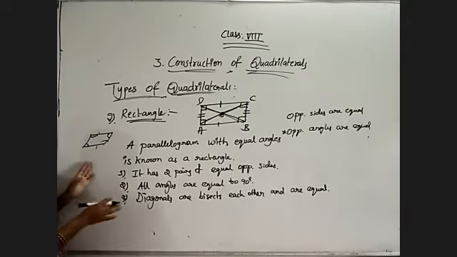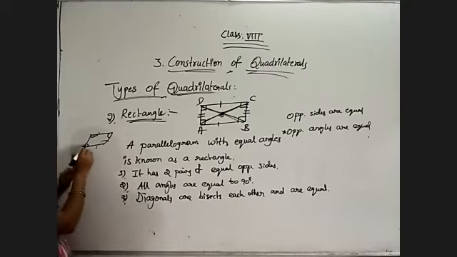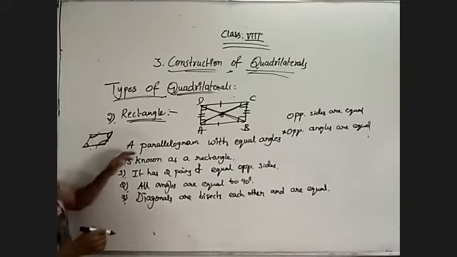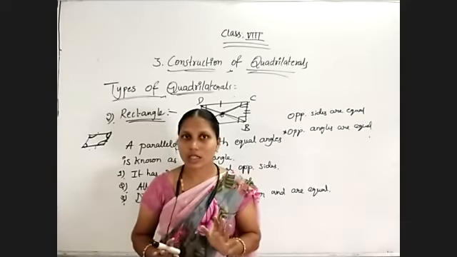A rectangle is a parallelogram. But coming to the parallelogram, see, for a rectangle every angle must be equal to 90 degrees. But here, are we getting 90 degrees? No. So it is just a parallelogram, not a rectangle. But a rectangle is a parallelogram too. Yes, so every rectangle is a parallelogram. Remember this topic: every rectangle is a parallelogram, but every parallelogram is not a rectangle. That's all.